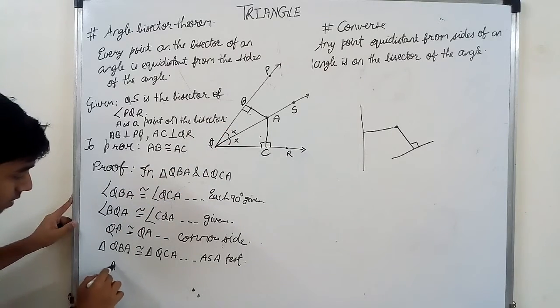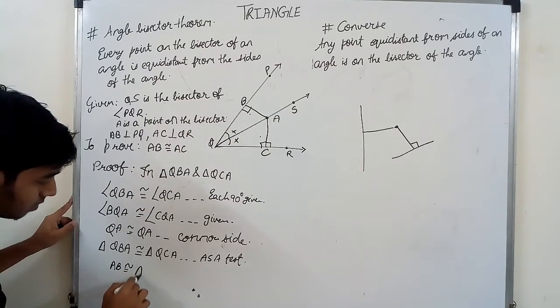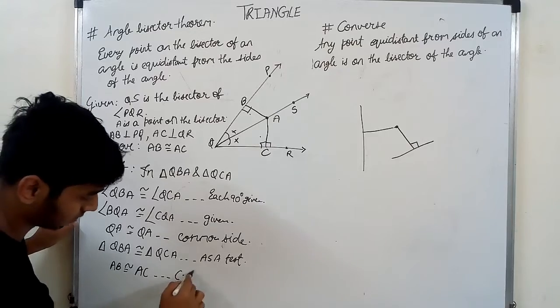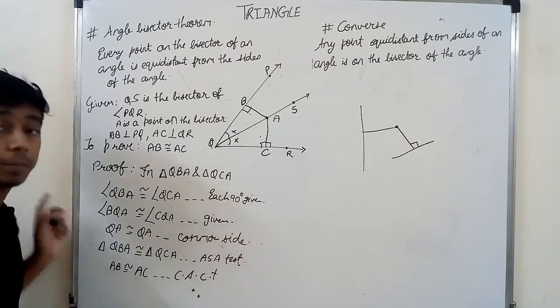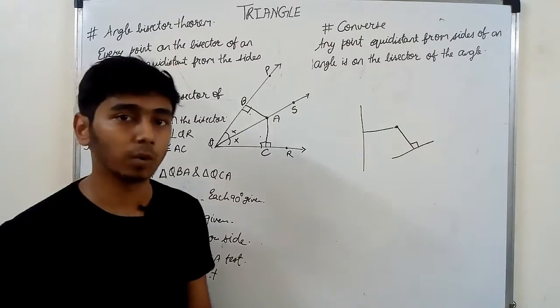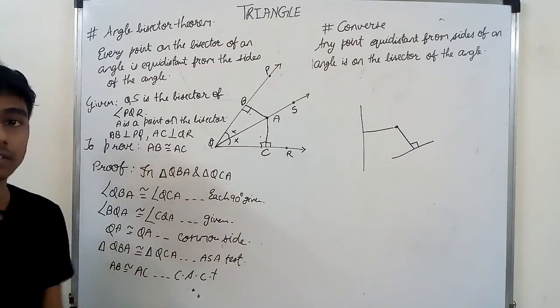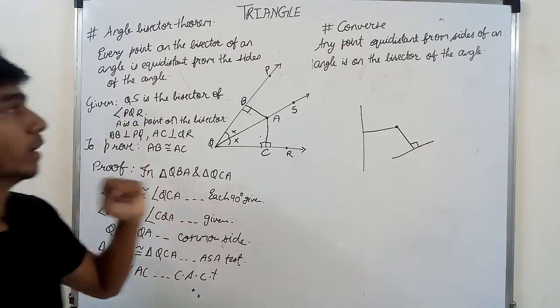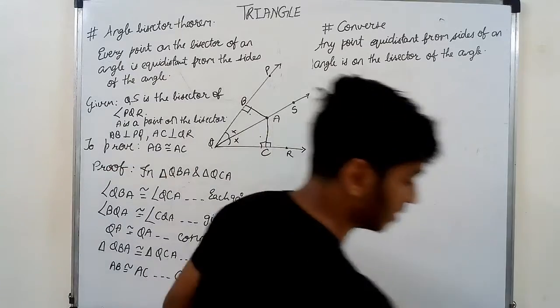and AC, they are congruent by CPCT. Okay, so I hope you have understood this. Now we'll take the converse of this, which says,